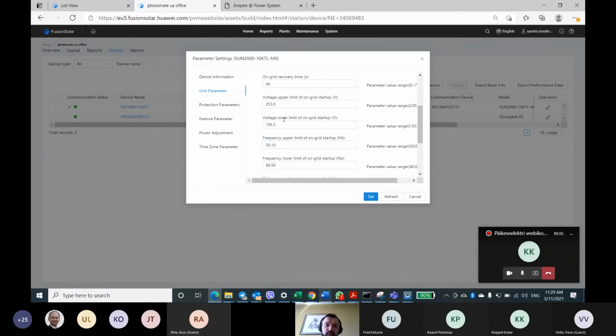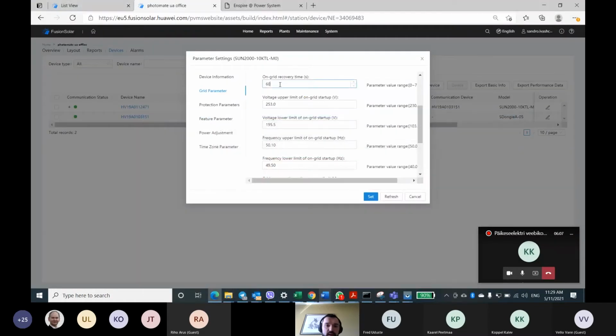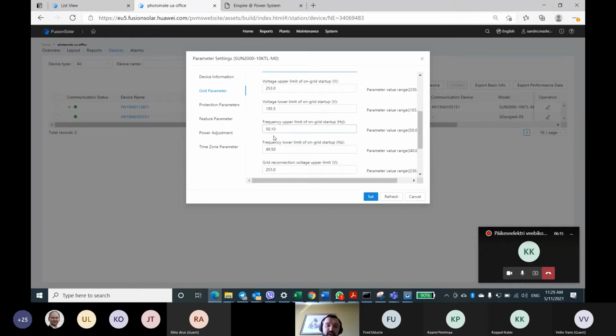And also the grid recovery time, according to Estonian settings, should be 60 seconds. And it's also the default value for this grid code. So if you need to modify, you modify, and then press set and leave it like this.